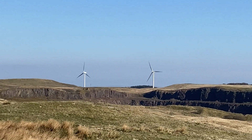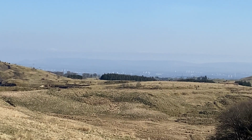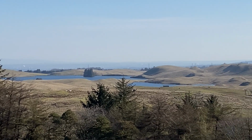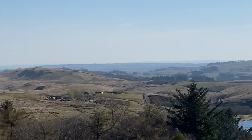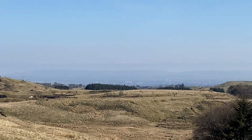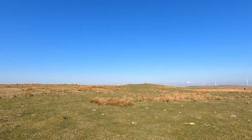See quarry workings, just see the tip of that there just now. Glasgow in the distance. The loch there is a brother loch. The little one I mentioned with the fishery, the trout fishery, is there. You see the farm and the area we first came in on. So I just get a sense of it, Glasgow in the distance. We take the zoom off, quite a distance away. And up over the top ridge,